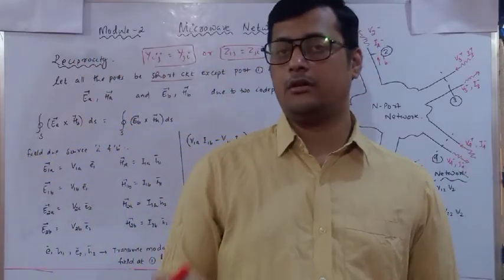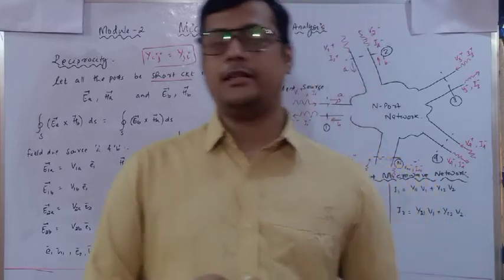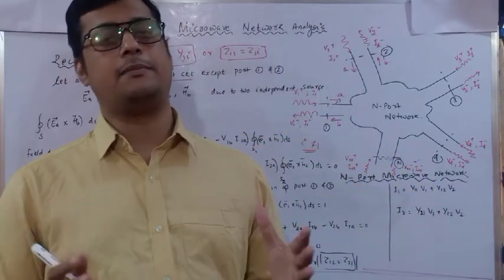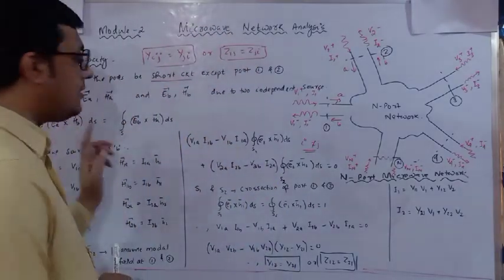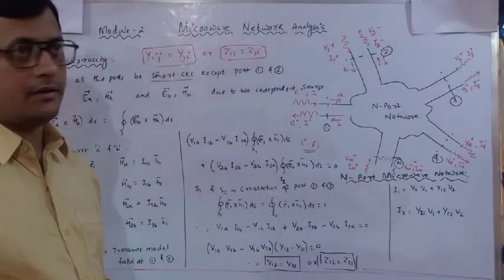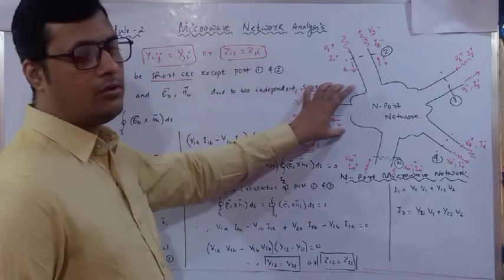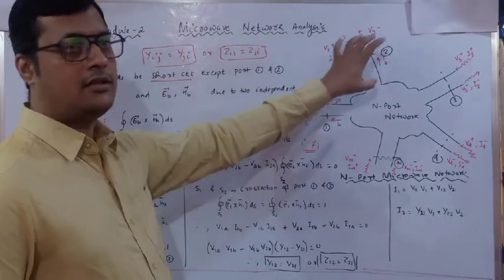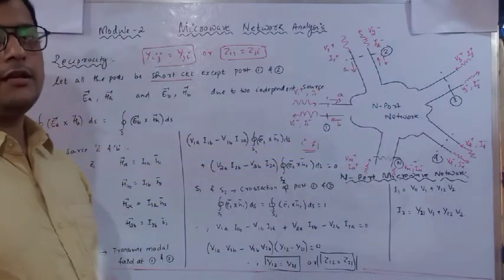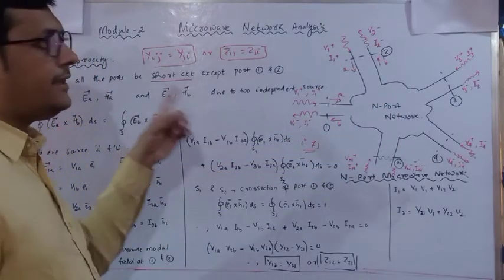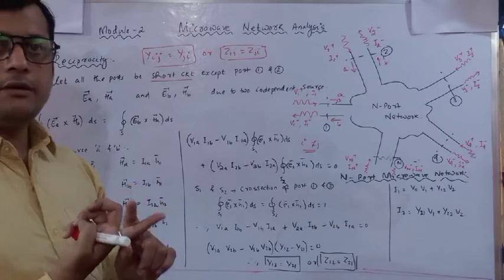But when we are going to the microwave network, in that case we have to analyze with respect to the normalized power component. You can see this E cross H is nothing but a power component which is crossing through the port 1 cross section, which must be equal to the power crossing through this port 2. Okay. Now how are we going to identify incident with respect to the reflection?